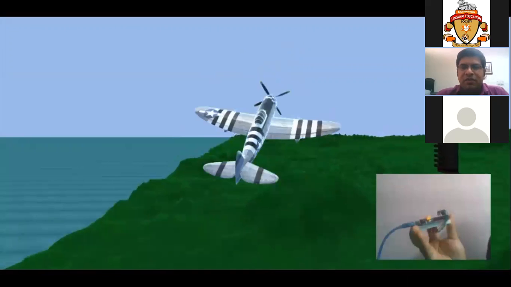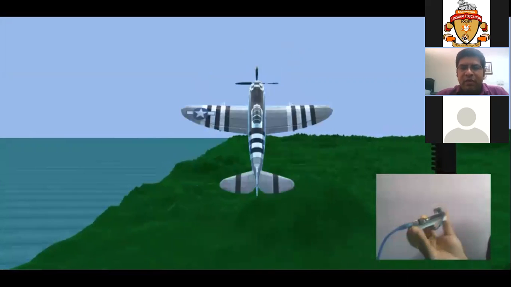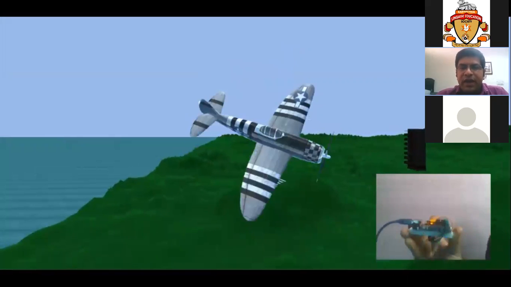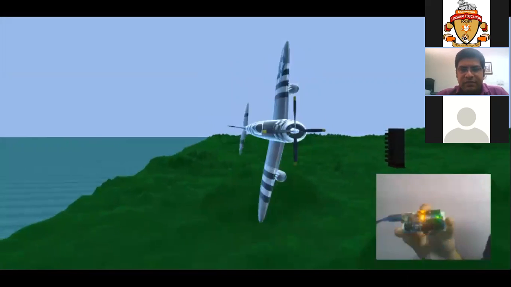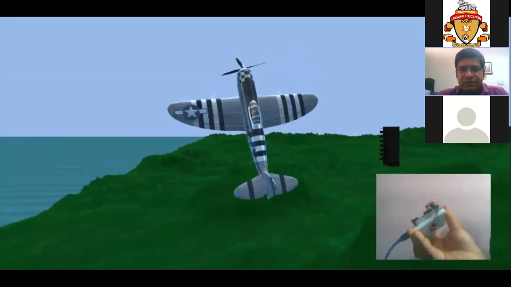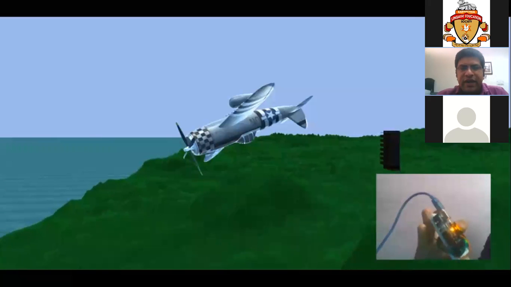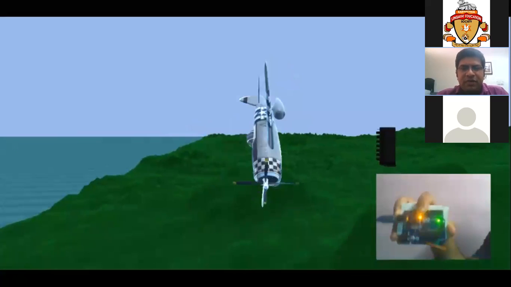So this is how we can actually control the behavior of the game object in the virtual world with the help of real, real-time sensor data. So the heading control of the plane is being done over here by using accelerometer values.